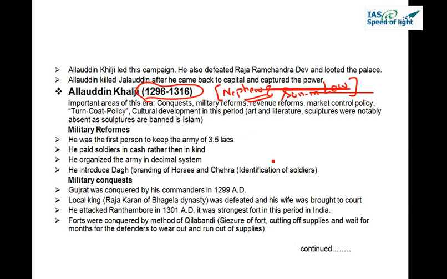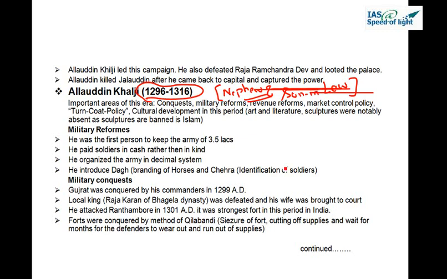Now, the important areas of his era which we will be focusing on were his military conquests, the military reforms which he brought, the revenue reforms, the market control policy, and the cultural development during this period. That includes art and architecture. As you can read on the screen as well, sculptures were notably absent during the Islamic rule in India